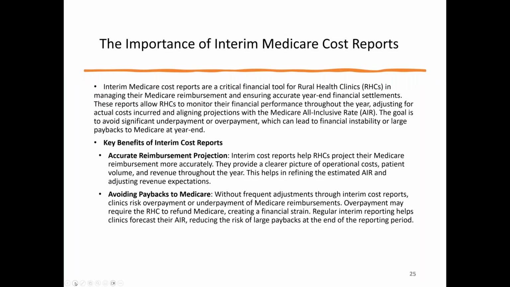As you can probably tell from what we've said so far, it's really super important to have interim Medicare cost reports. Number one is getting an accurate projection of what your actual costs are, and maybe you need to file an interim cost report. Number two is, if you have a big payback looming for Medicare, you can make some plans. We're going to have to pay back some money, so we need to get a line of credit set up, or maybe we need to pay some compensation, or do something different. Because if we didn't know this and waited until after the end of the fiscal year,